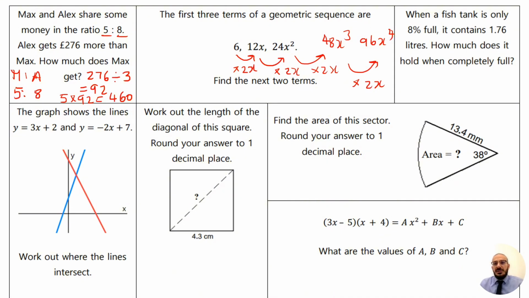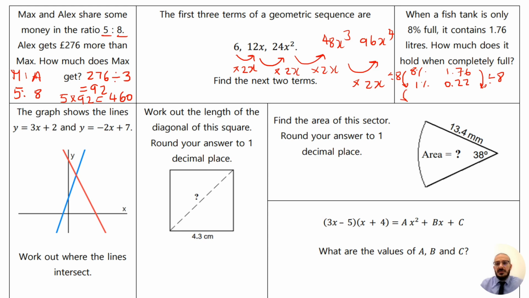When a fish tank is only 8% full, it contains 1.76 litres. So we're going to have to go up to 100 to find out the full capacity. So we need to do 8% is 1.76. If I go to 1%, I'm going to have to divide it by 8. So that's going to give me 0.22